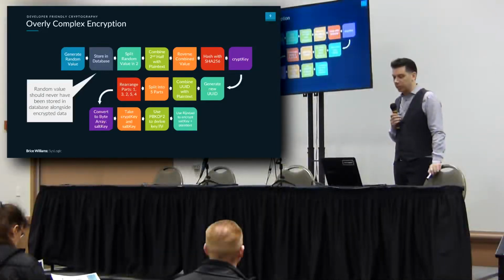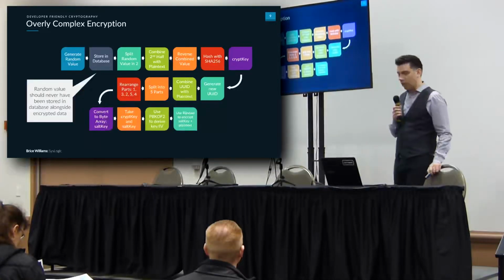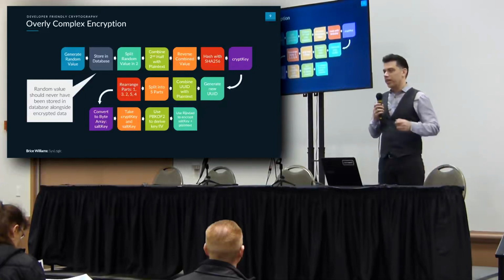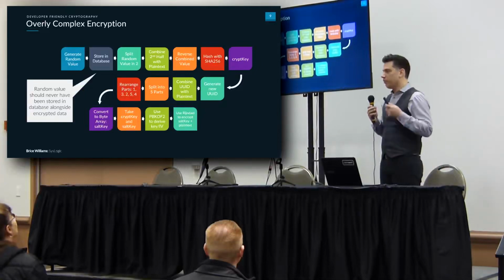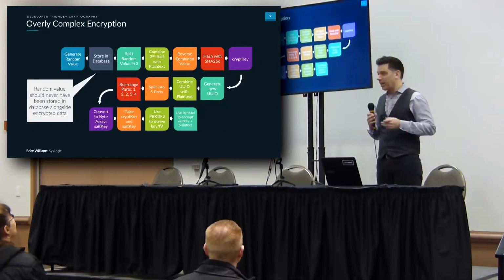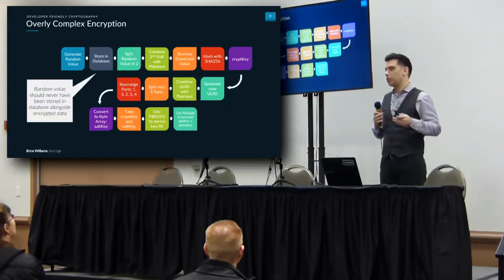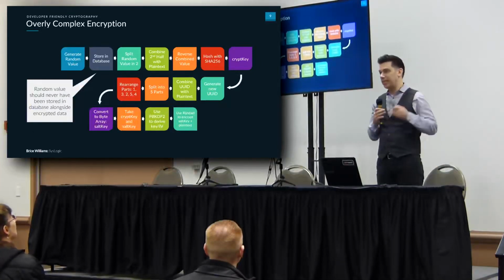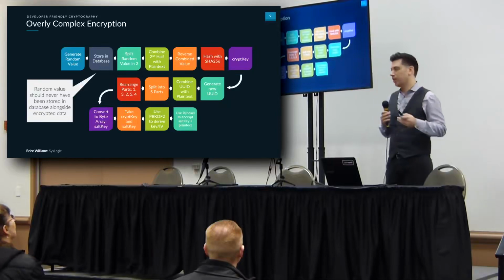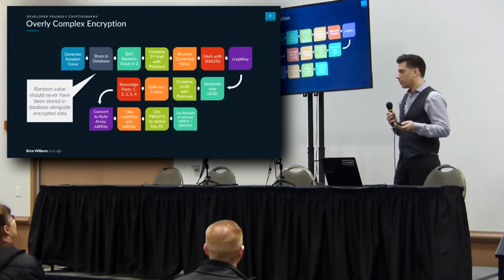There's actually a weakness in this approach, regardless of the fact that it's just weird. The random value should never have been stored in the database alongside the encrypted data. I forgot to mention this was for storing data in a database using reversible encryption. They wanted to be able to recover the plain text later. So they used this approach, which at its face is crazy.